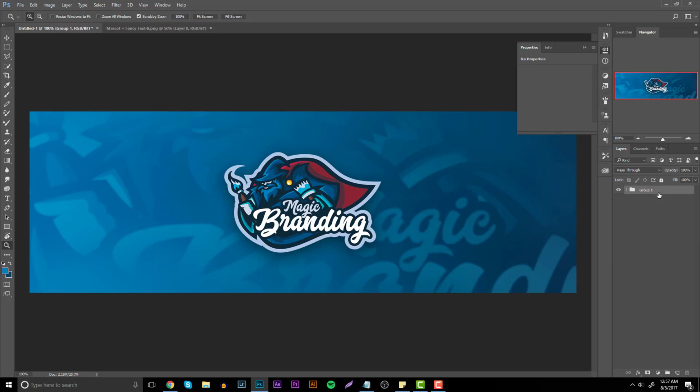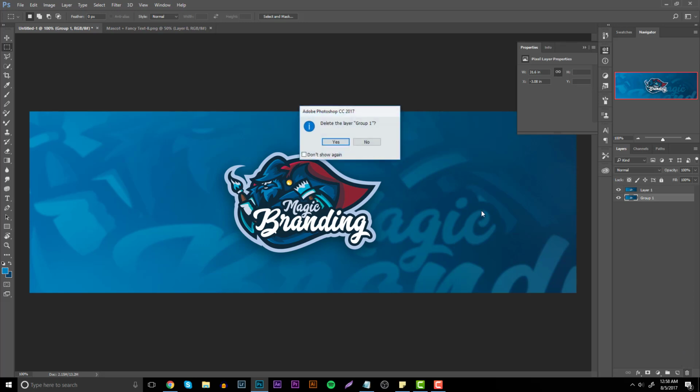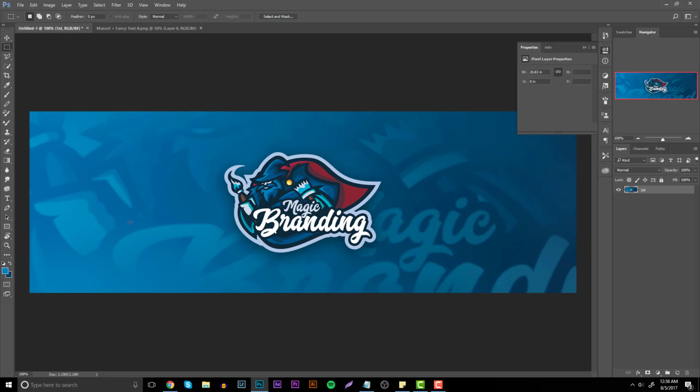And you want to group them, and then we can do one of two things. If you're completely satisfied with this, all you have to do is hit Control E, and then you're going to take this and hit Control J. You're just going to highlight it all, hit Control J, and then delete that background layer and label this first. Now, the reason we're going to label this first is because we're going to have more than one